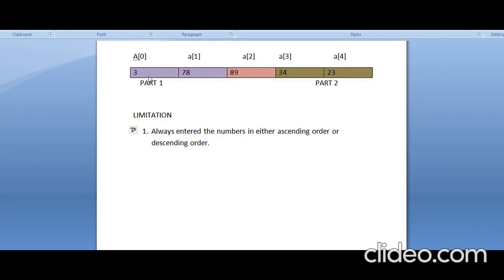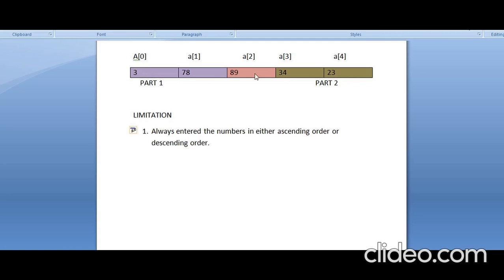Now ascending order and descending order: you have to keep all the numbers continuously in ascending order, like 1 2 3 4 5 6, or you have to store them in descending order, 10 9 8 7 6. In short, it should be in sorted order. Here we see 3, 78, fine, ascending; 89, fine; 34. So the graph is going to descend now.